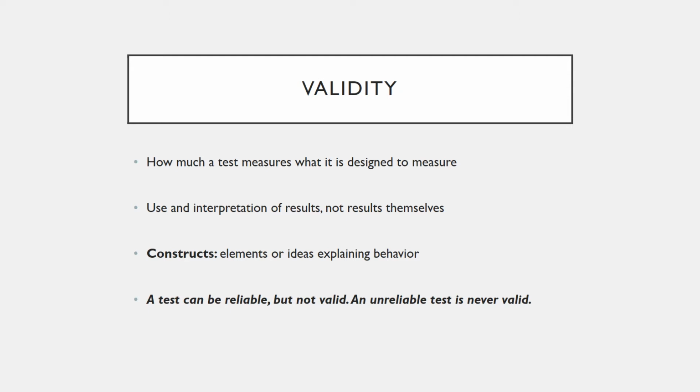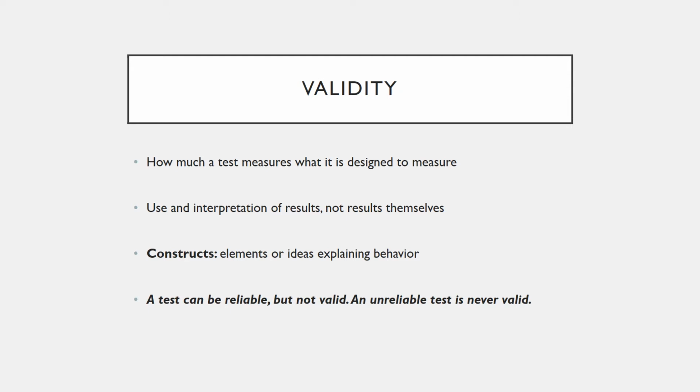So we have this idea of constructs that we've talked about already. Again, these are the elements or ideas that explain behavior. And then we use variables as ways to explore those constructs or describe pieces of those constructs, because it's really hard to just describe behavior. It's a pretty abstract concept. And so there might be different variables that when we put together would tell the story of that construct, would tell the story of that behavior or be able to capture that behavior.